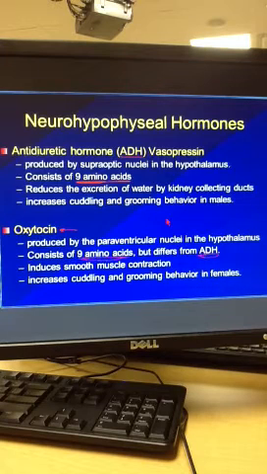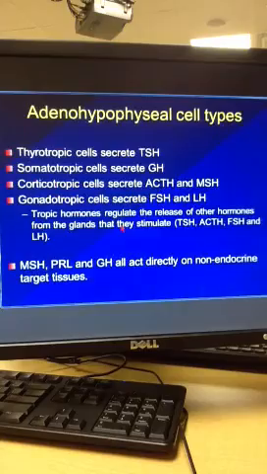Both have been implicated in grooming and cuddling behavior. So when you become amorous with your significant other, maybe your ADH levels or your oxytocin levels are up. In women, oxytocin goes up during arousal, and in men, ADH goes up. I don't know the significance of